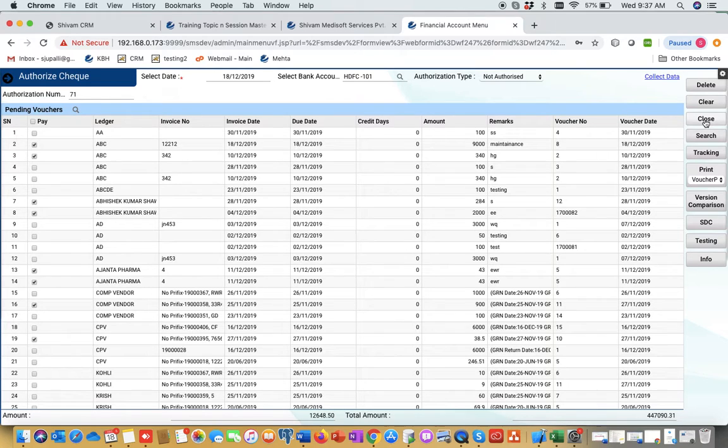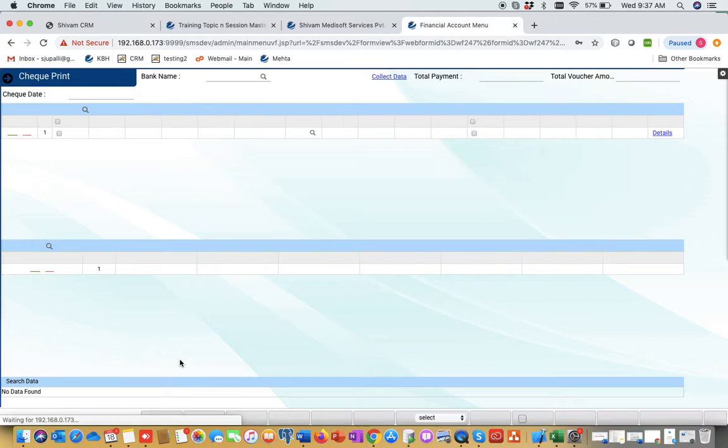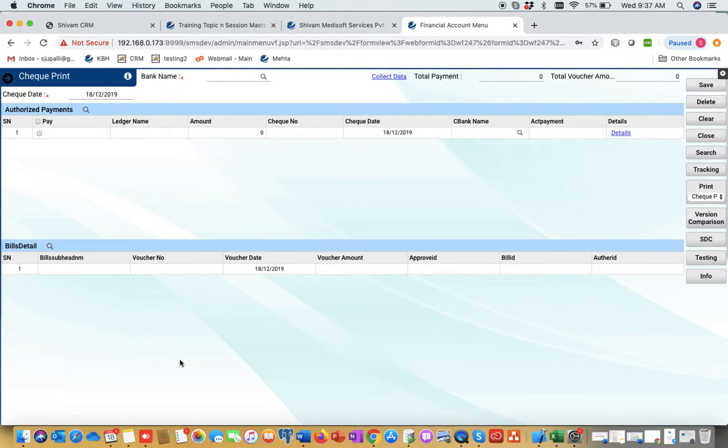Now the next screen is the check print. What is check print? In check print, all the approved bills come at a time for making payment, and they come vendor wise. Suppose we authorized 10 or 12 bills for 10 suppliers. Here it will come with the sum of all the bills for each particular vendor. So I will show you how.